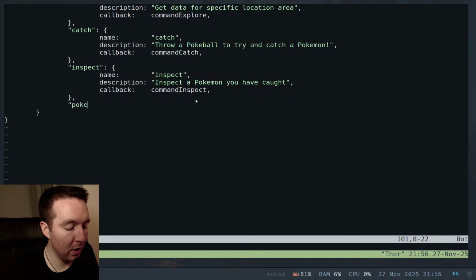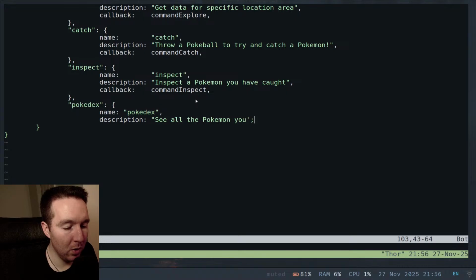So Pokedex name, Pokedex description, see all the Pokemon you've caught, callback command Pokedex,